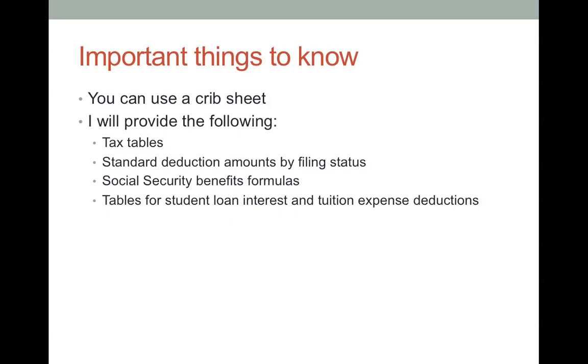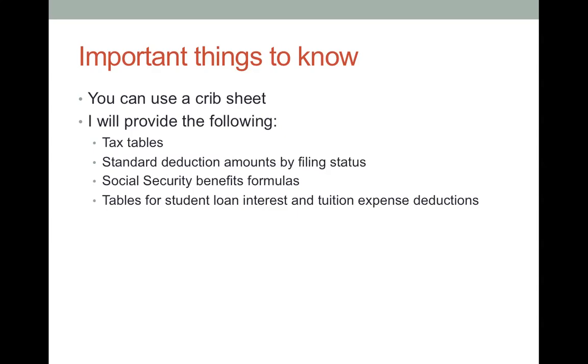So just like the first exam, you can bring a crib sheet. The crib sheet can only be one side of an 8.5 by 11 sheet of paper. It has to be handwritten. It has to be your own handwriting. I will collect it with your exam. There'll be a penalty if your crib sheet doesn't follow the guidelines. If it's two-sided or if it's typed, it has to be handwritten. Okay, but I just wanted to confirm to everyone that you can use a crib sheet again, similar to the